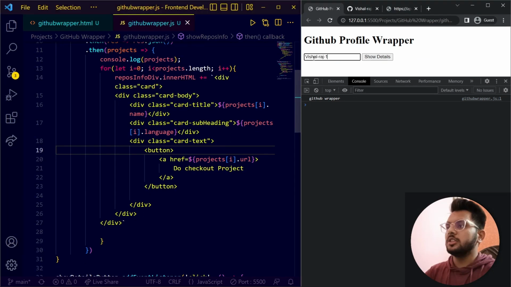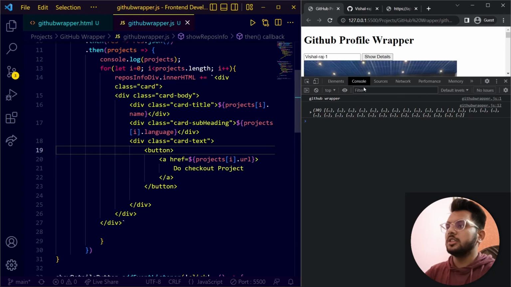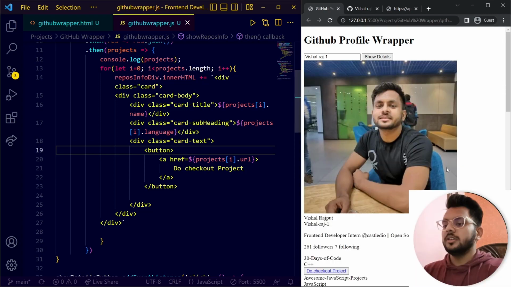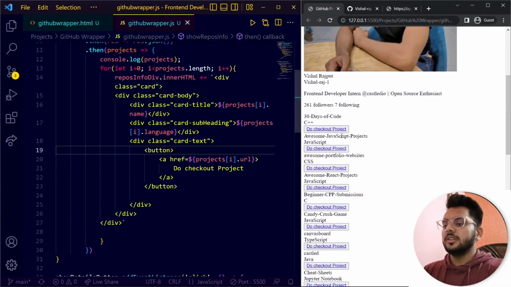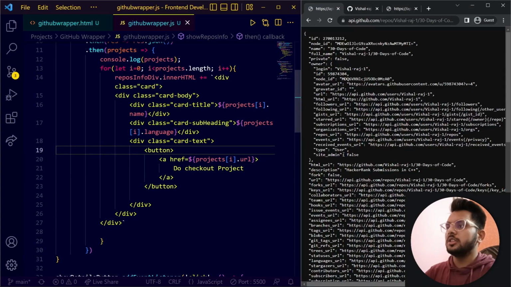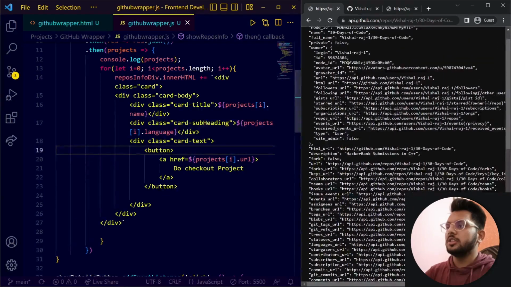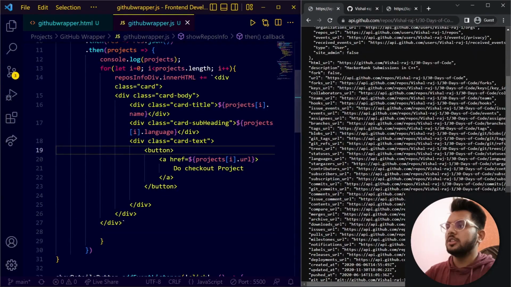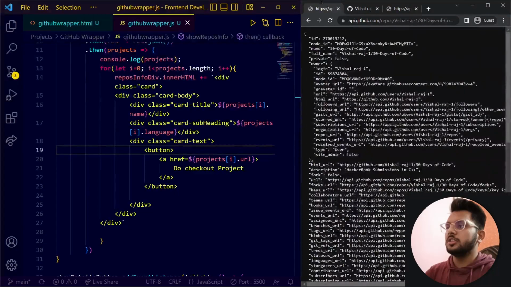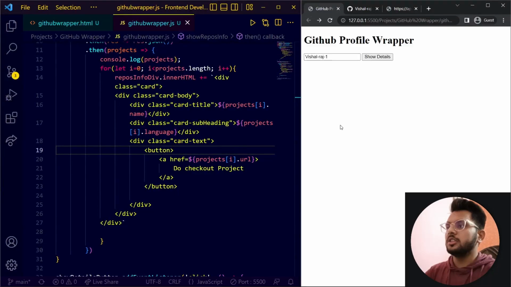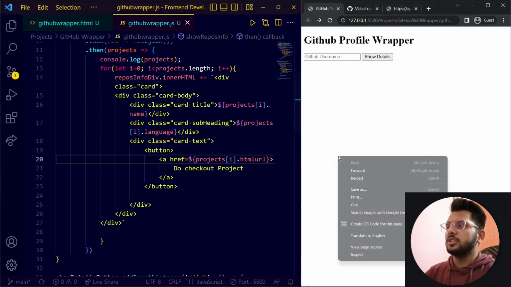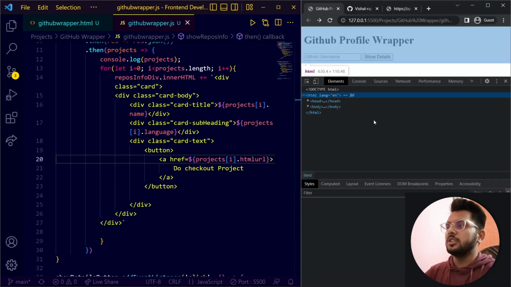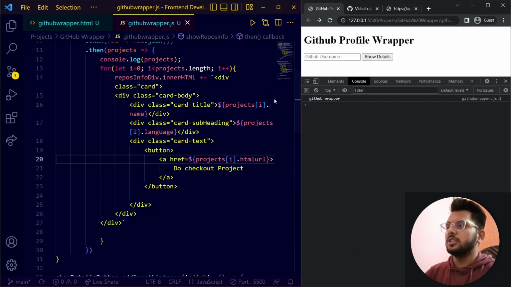So now let's see if everything is working fine. Yeah, of course this is not looking very fine, but if I click on this project, you get, okay, this is the URL. So rather than URL, I have to find something else. I got that thing. Let me just go back, and rather than URL, I think it should be HTML URL if I'm not wrong, but let me just find which URL is what it was. So if I write it,